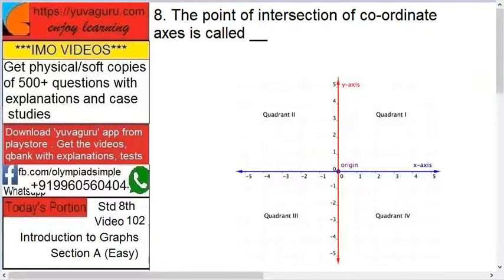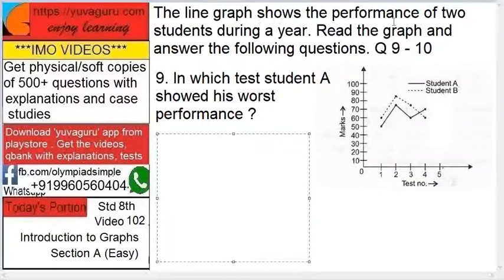Okay. The line graph shows the performance of two students during a year. Read the graph and answer the following questions. Question number 9 and 10. Okay, this is the line graph. Now what does it contain? Marks and test number. Okay, and these are the students A and B. Okay, A is darker, B is lighter. Okay, let's start. In which,